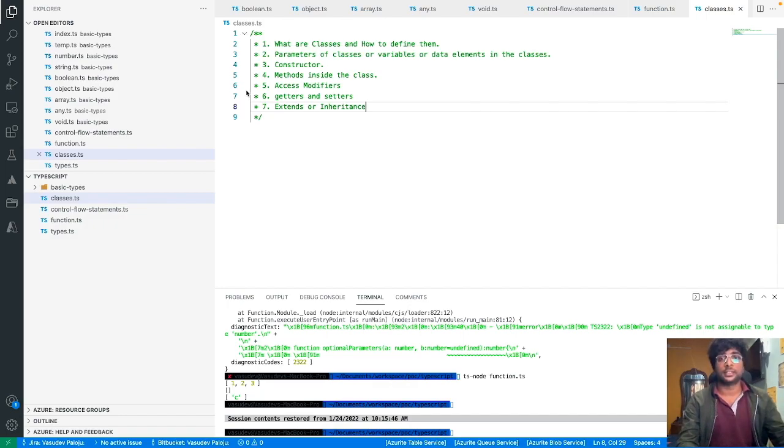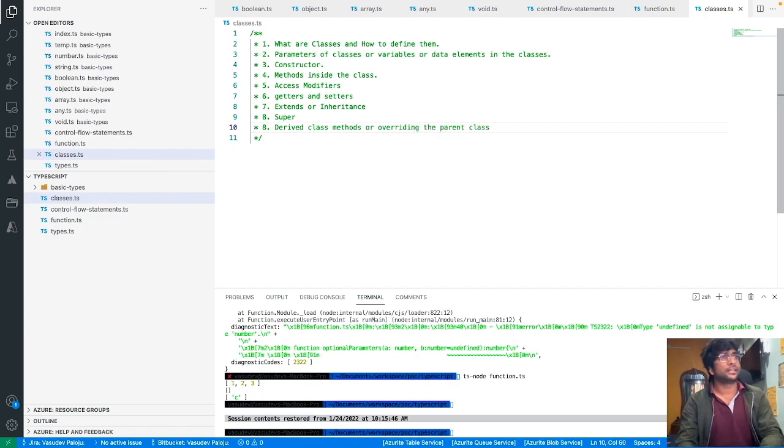What is inheritance and how you can use it, and in that we'll understand super, what is super, and we'll understand derived class methods, or overriding the parent class methods, parent class properties. So here, parameters of classes or properties of classes,